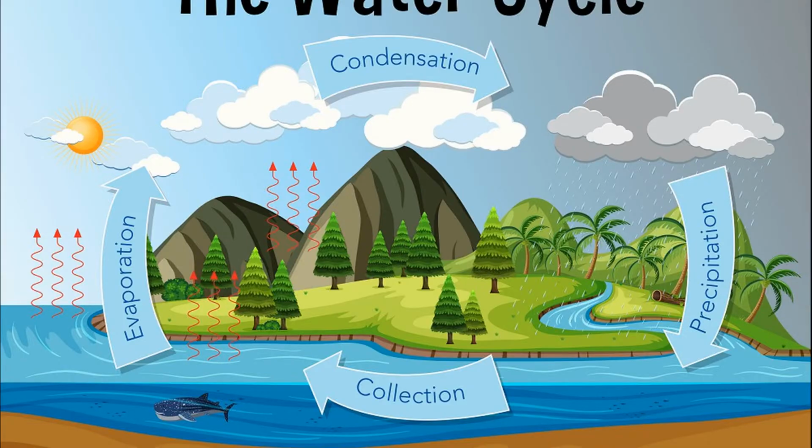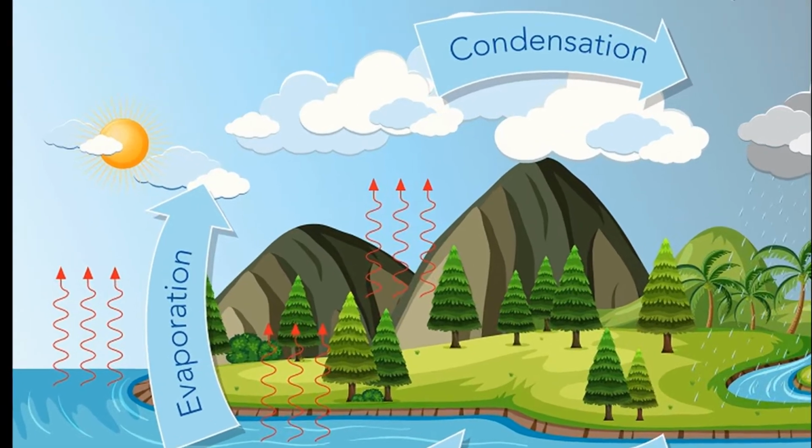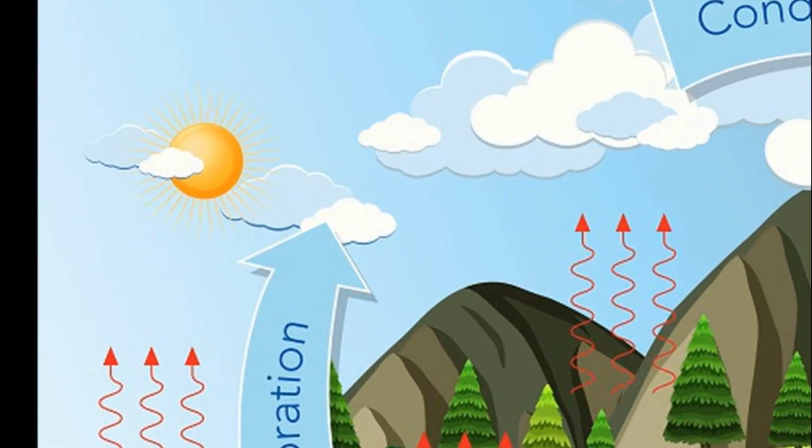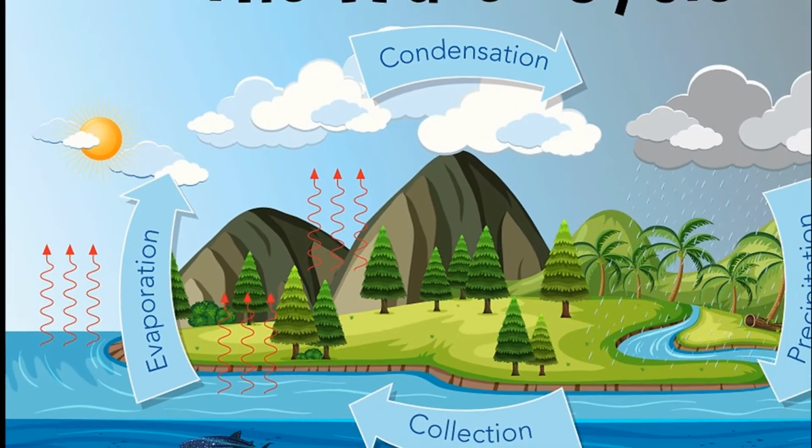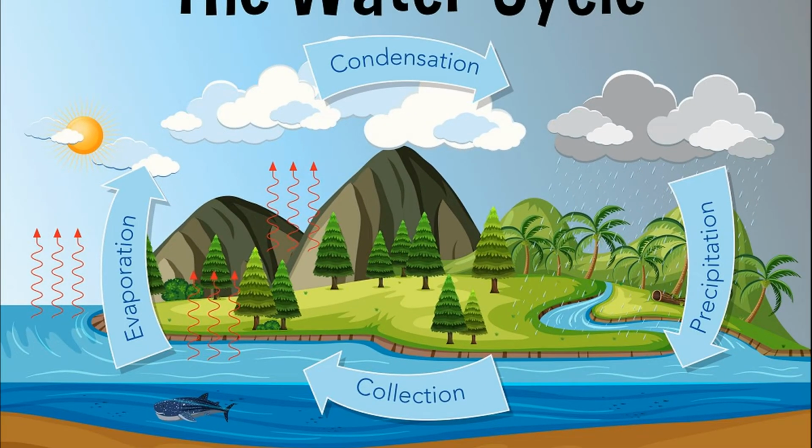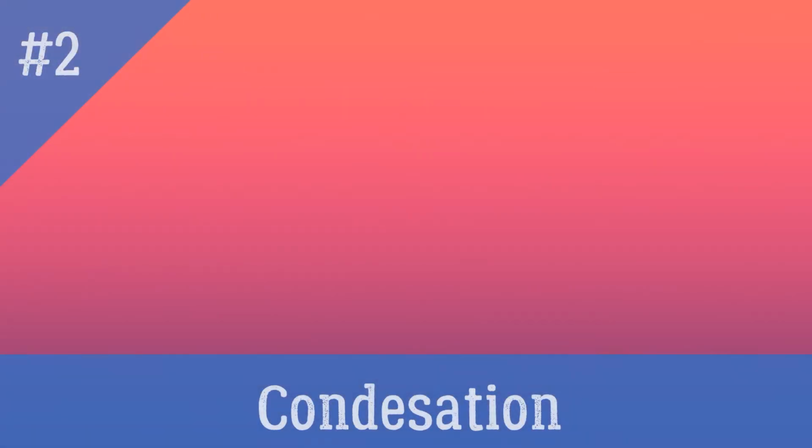So in this diagram here, we can see the sun and the sea, and as you can see here, the water is going up and up as the sun is hitting it. That is the stage of evaporation, and it's the first stage that happens in the water cycle. Let's go to stage 2,